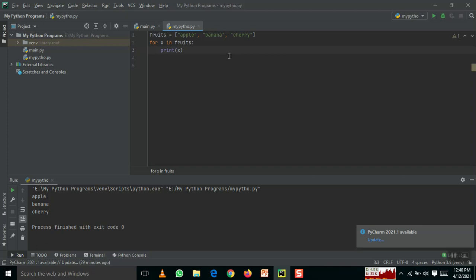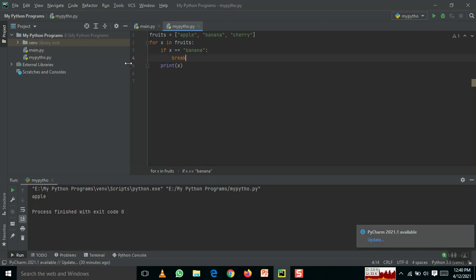Okay, so now what I am going to do is check if, in the list, banana comes in, we have to stop it. The condition is that when the word banana comes in, we have to stop with that. There, what I am doing is checking if x is equal to banana, break. If the x value is equal to banana, I have to break and come out. We'll see what happens. See here, when banana comes in, it comes out, only apple.